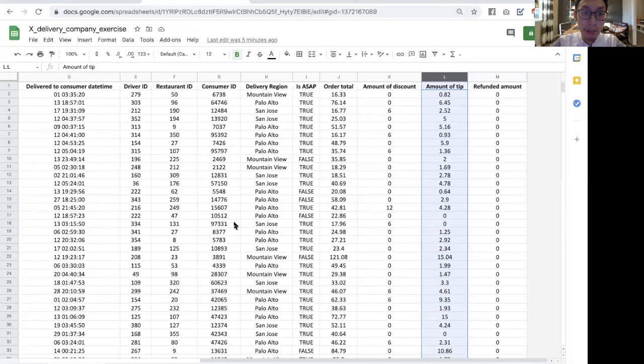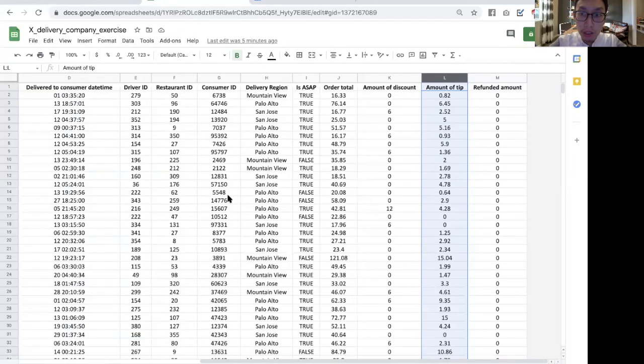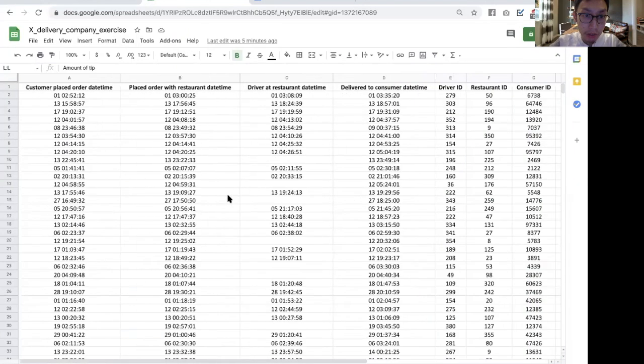We could definitely, I think there are additional insights to draw around trying to find some correlation between customers' tips and order amount and which restaurants they're ordering from. So yeah, I think that's a good start around some of these core questions here,